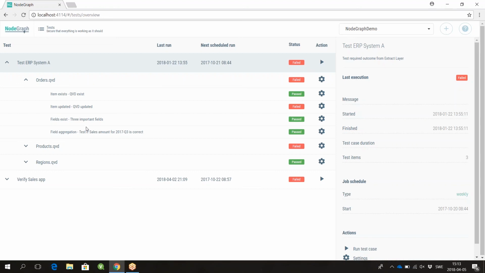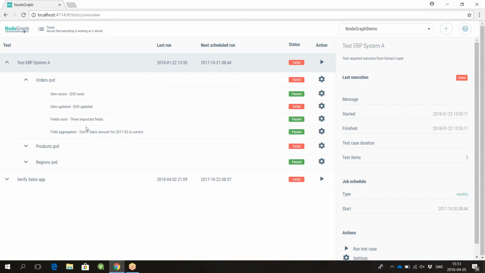And the last test we are doing is an aggregation test. And this is for us to check, and this ties into the regression testing as well. What we are looking into here is that the sales amount for 2017 Q3 should never change. That's way back in the past, and nothing we do today would change the sales result for 2017.